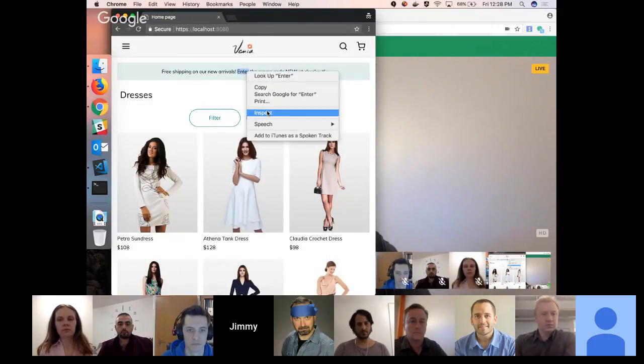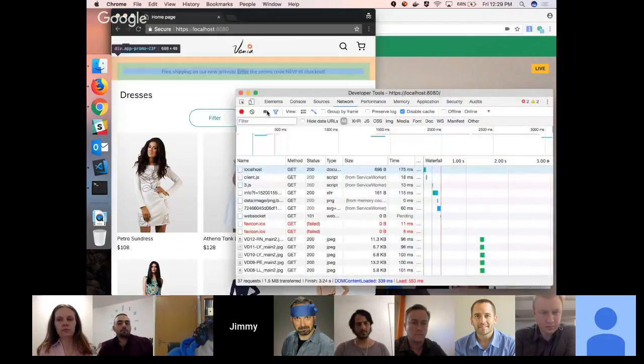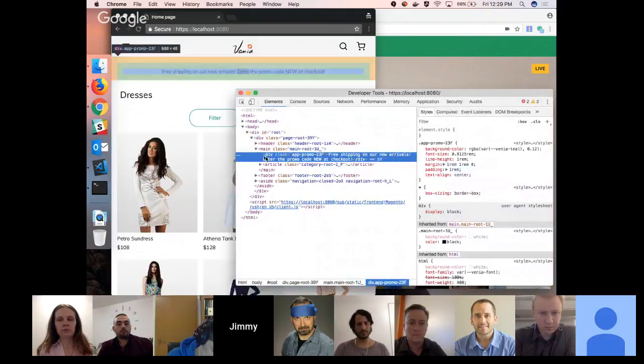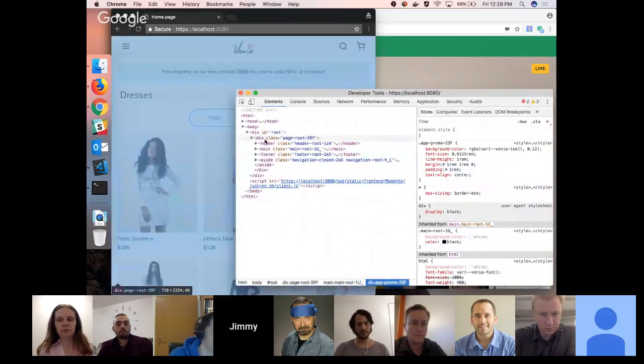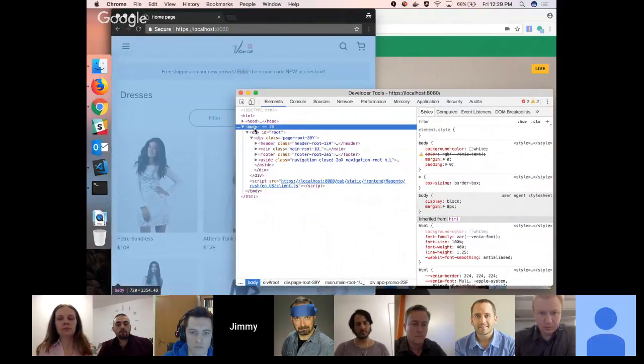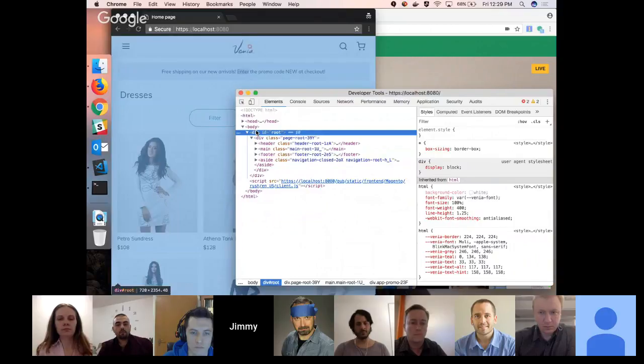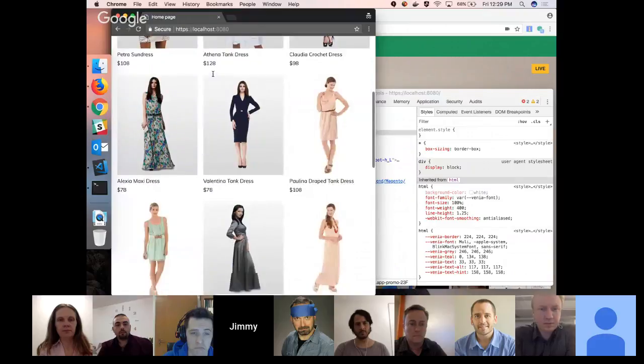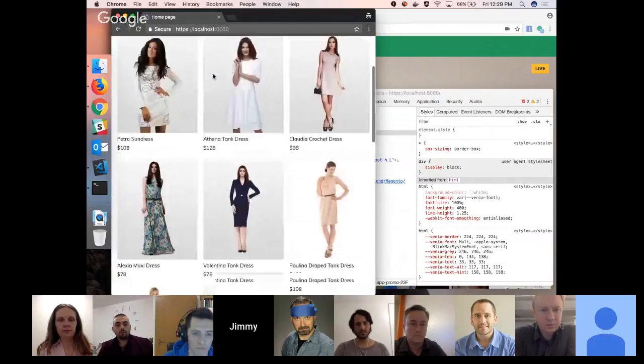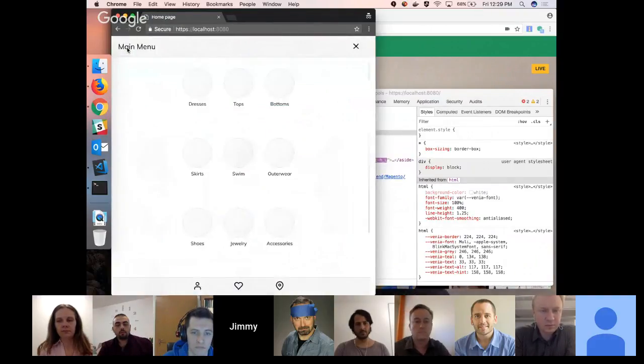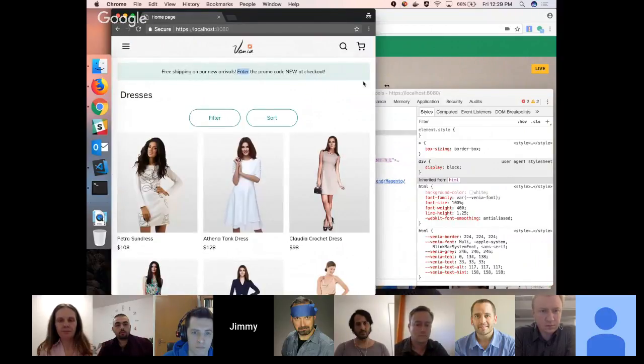So this is our Venia theme, kind of our, like I said, our reference implementation. To give you an idea of what that looks like, this is a React from the top down application. So Magento gave us basically a minimum app shell, with a root element. And then into that, we mount a React application, which is going to be a tree of components from top to bottom. This is going to have a few components we'll dive into in a second. It's interactive, it has navigation, that kind of stuff.